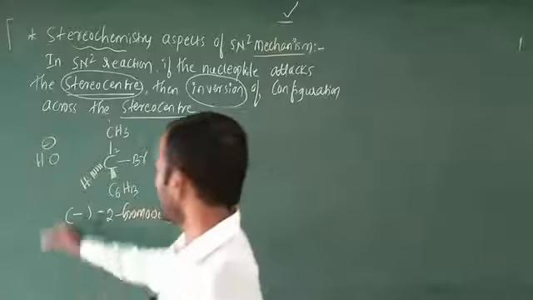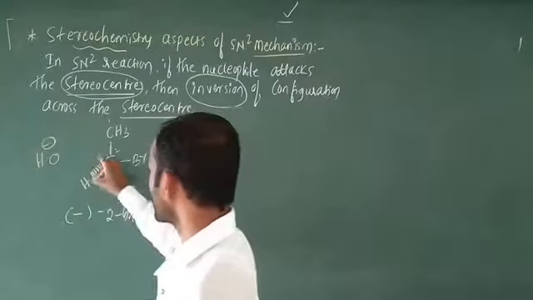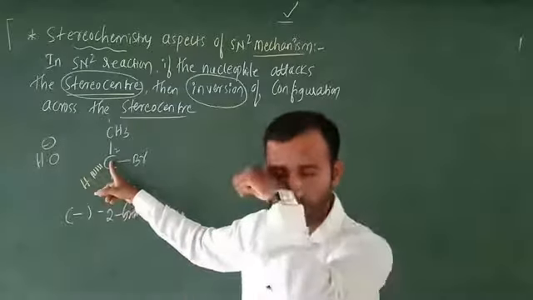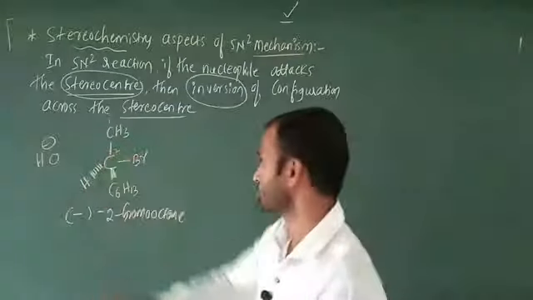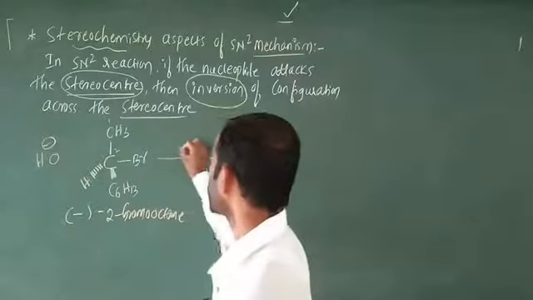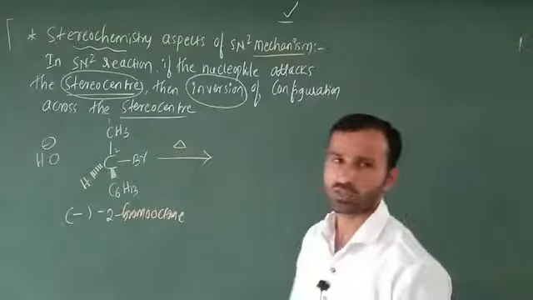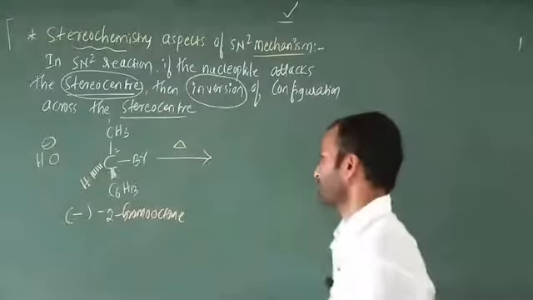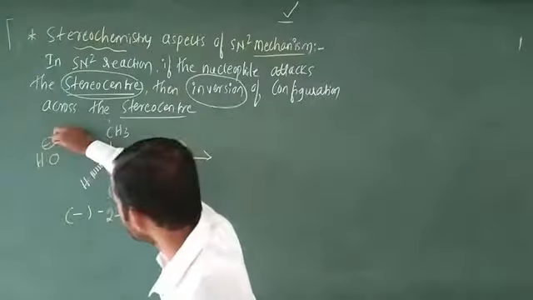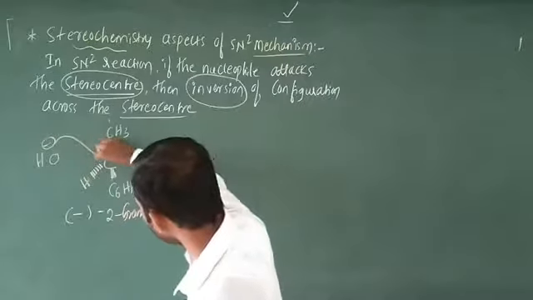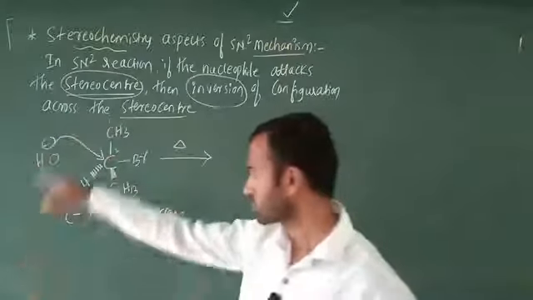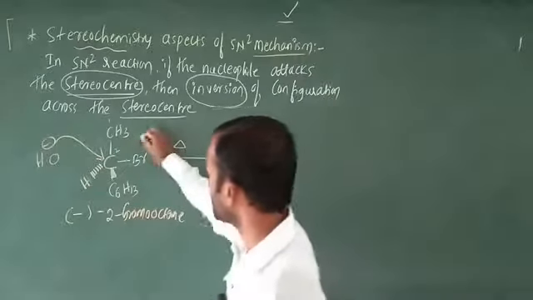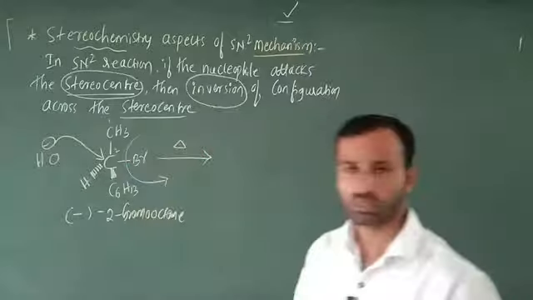After that, this OH minus is going to attack on this carbon, because this carbon is electron deficient, same as what I told in SN2, same things you have to apply. In the presence of heat, if you want you can add heat, since every organic reaction needs heat. Next, this nucleophile is going to attack on this carbon. Automatically this Br will go out. Okay, this Br will go out.